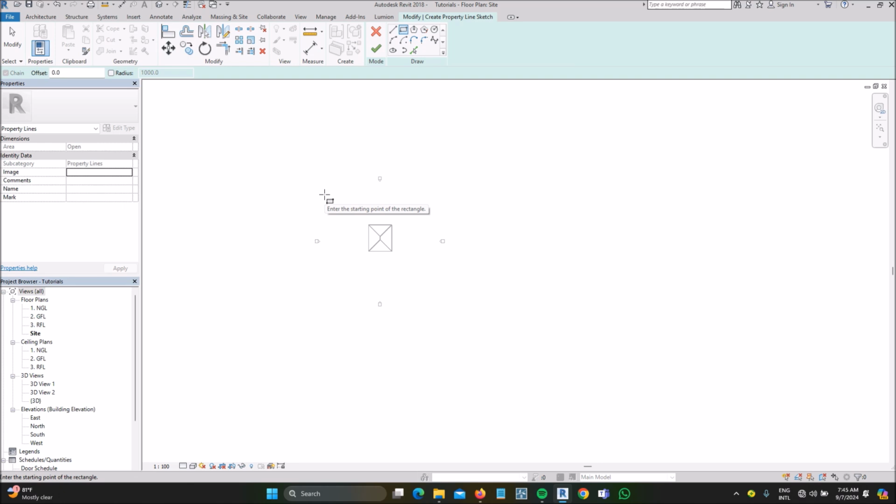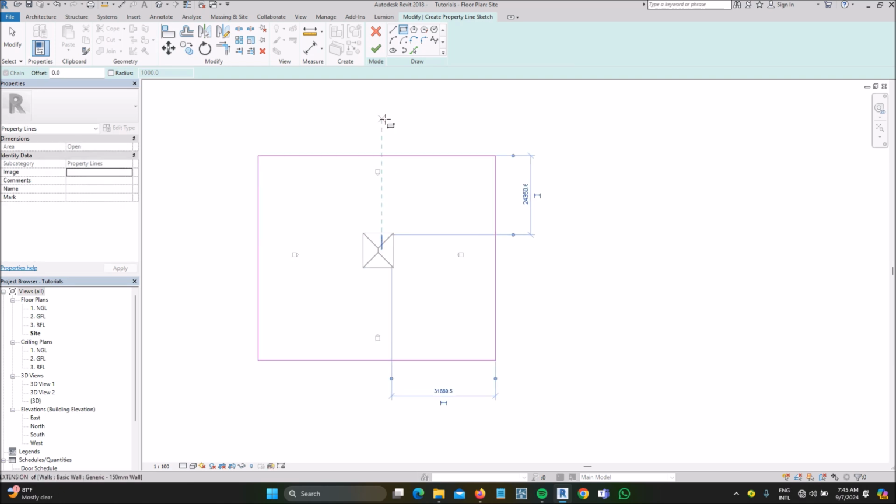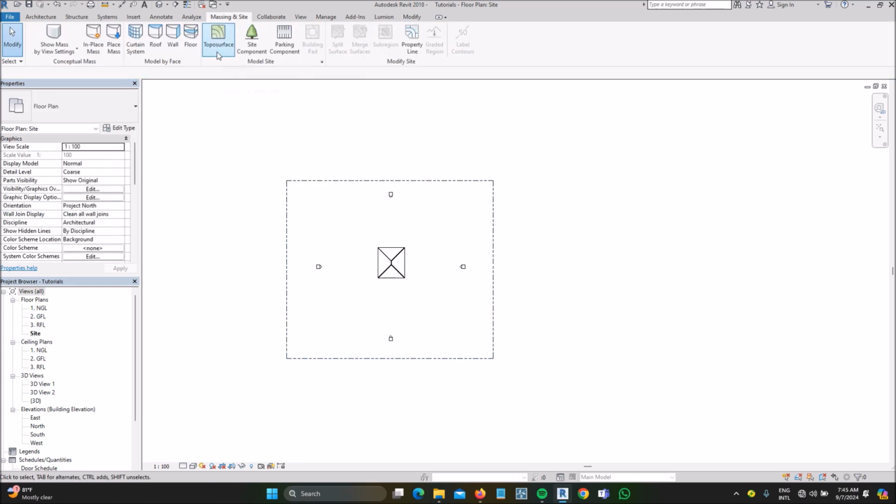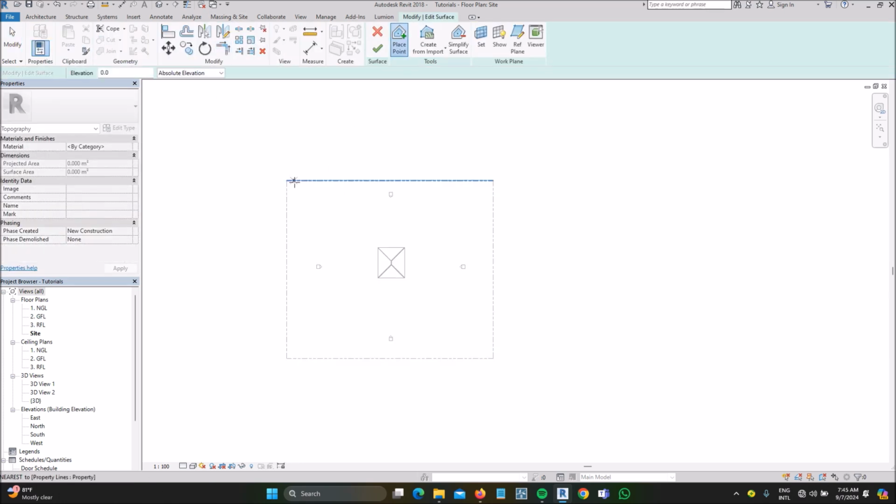Let's make this okay. All right. So go to your topo surface. So the trick here is that your elevation of your topo surface, you assume a flat surface is 0.0 for the elevation. So you can just leave it at absolute elevation. This tutorial, I'll create, let's say from here to here, I'll leave it at